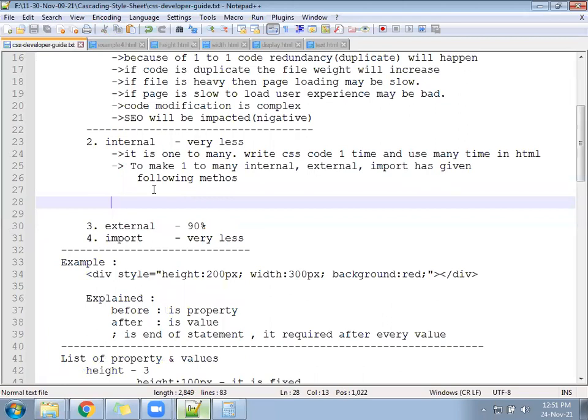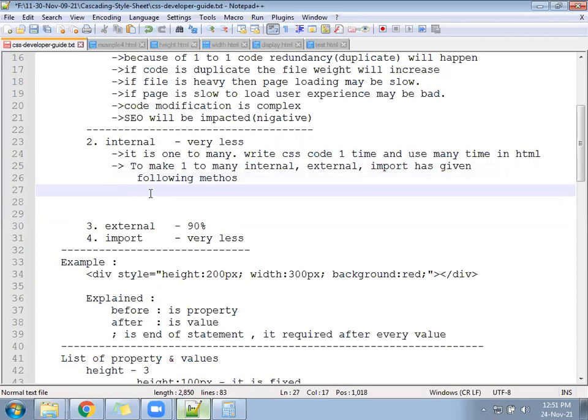That will fulfill all your requirements. To make one to many, write once and use many times, inline, internal CSS, external CSS and import CSS are a few methods. What are those? Let's write here.